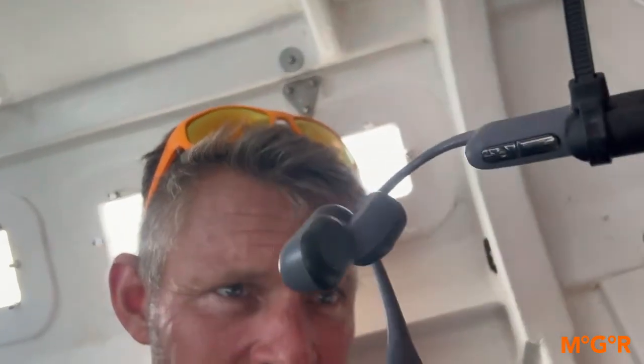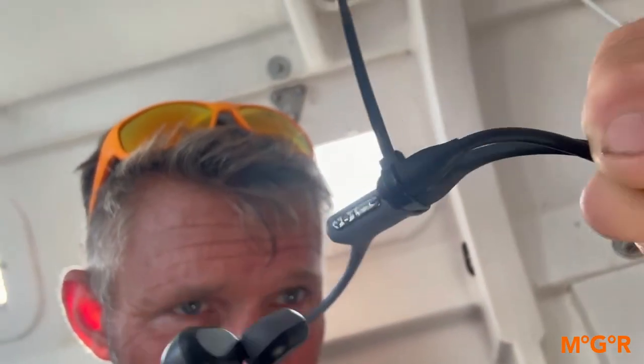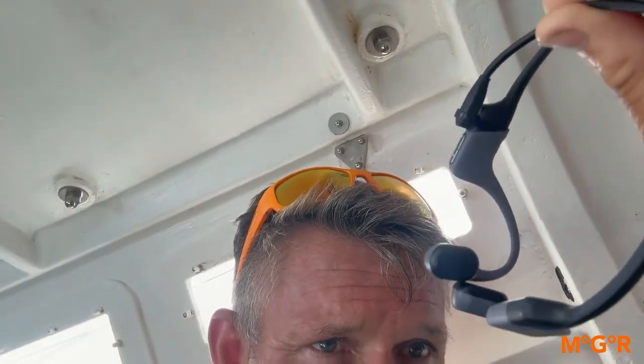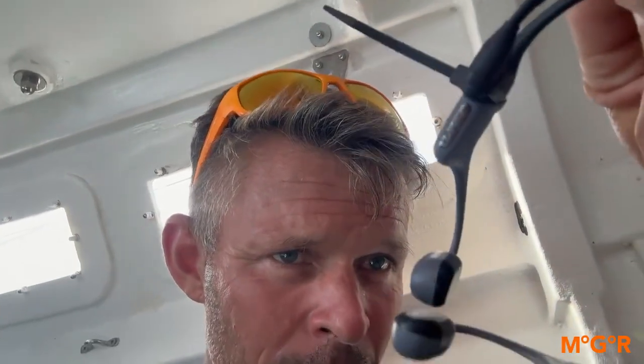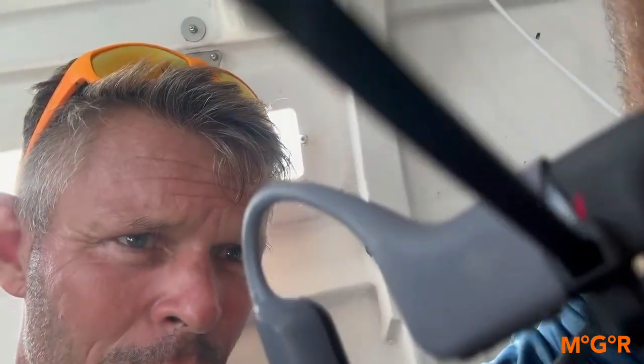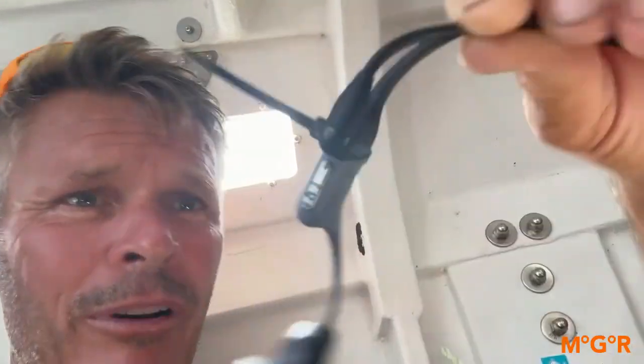So one item I really won't be without when I'm racing here are my Shokz open waterproof headphones. They sit outside the ear. The only problem is you can see the leads to charge them corrode quite quickly, and they're quite a clever little arrangement with a magnet to hold it in place. But it's a 4-prong part and the pins are corroded. So every time I charge it, I have to apply this cable tie. You should be able to see there should be a red light just showing on the frame there,